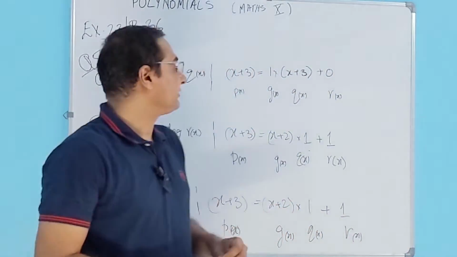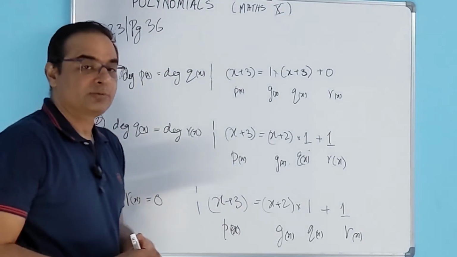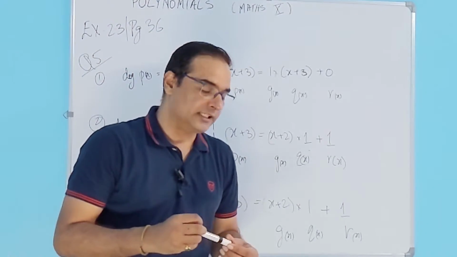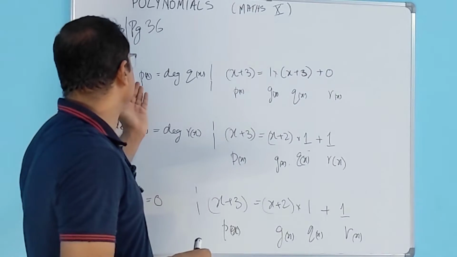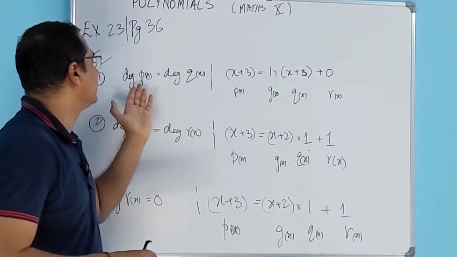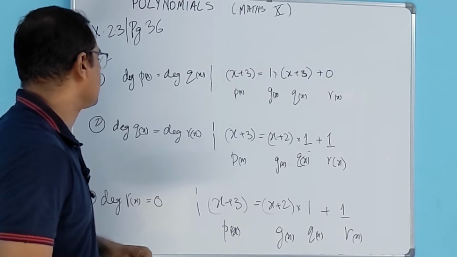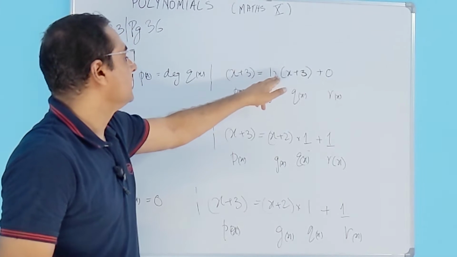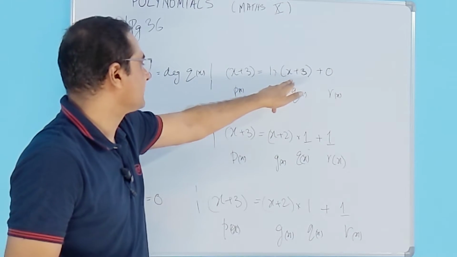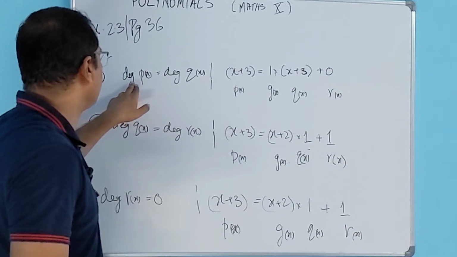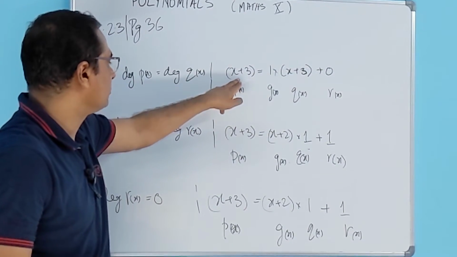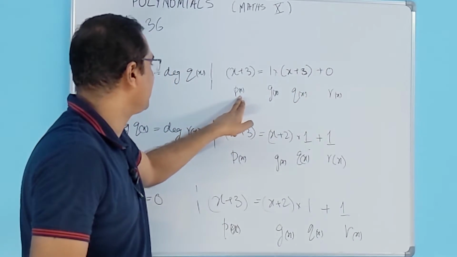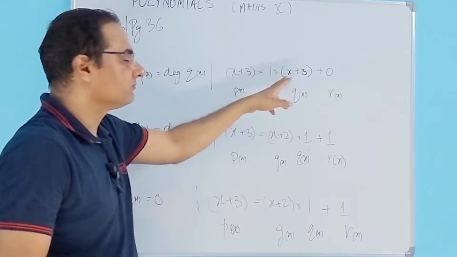Now let's look at question number 5, which is given in exercise 2.3. So basically in this question, we are supposed to give examples of polynomials given the division algorithm, where the condition is on the degree. Let's look at the first sub question. It says degree of p(x) equals degree of quotient. So we say degree of dividend. So let's take the example of x plus 3 equals 1, which is the divisor. Quotient becomes x plus 3 and remainder becomes 0. So if you look, degree of p(x) is 1. And if we look at the degree of quotient, it is x plus 1, so this is also 1. So degree of p(x) equals degree of q(x), and both are 1.